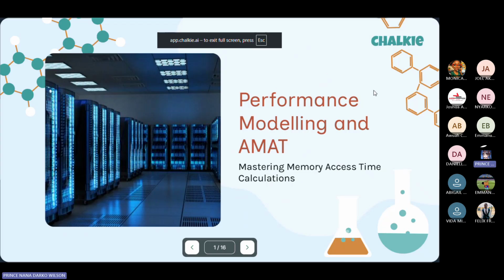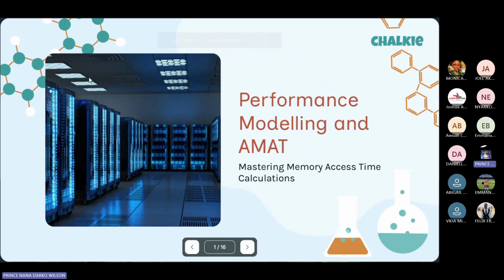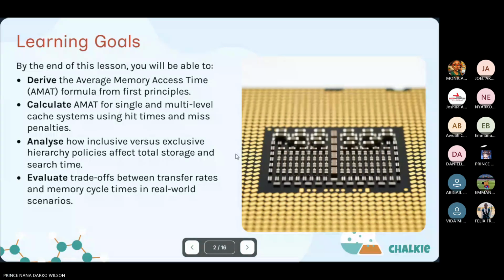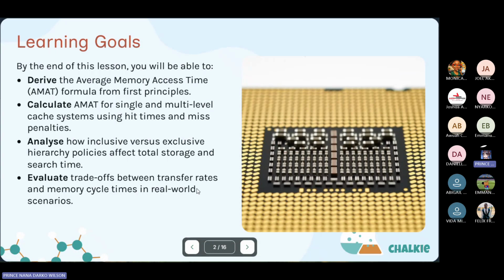All right. So performance modeling and AMAT, average memory access time. Okay, let's move on. By the end of this lesson, you should be able to, one, derive the average memory access time formula from first principles. Calculate the average memory access time for single and multi-level cache systems using hit times and miss penalties. Analyze how inclusive versus exclusive